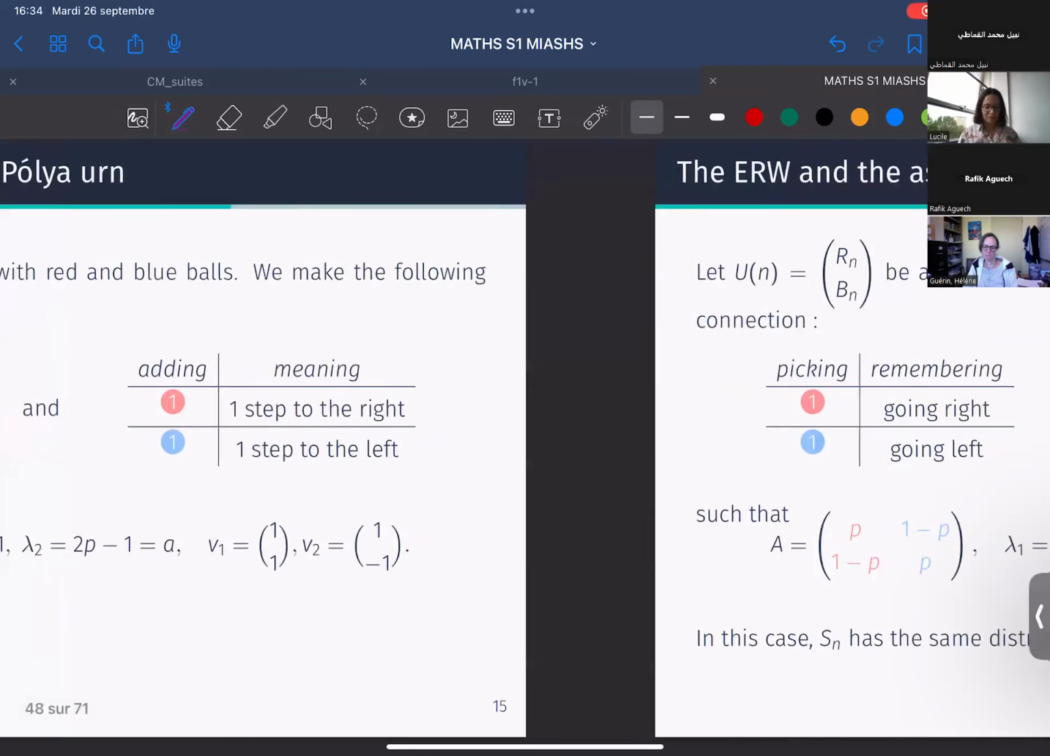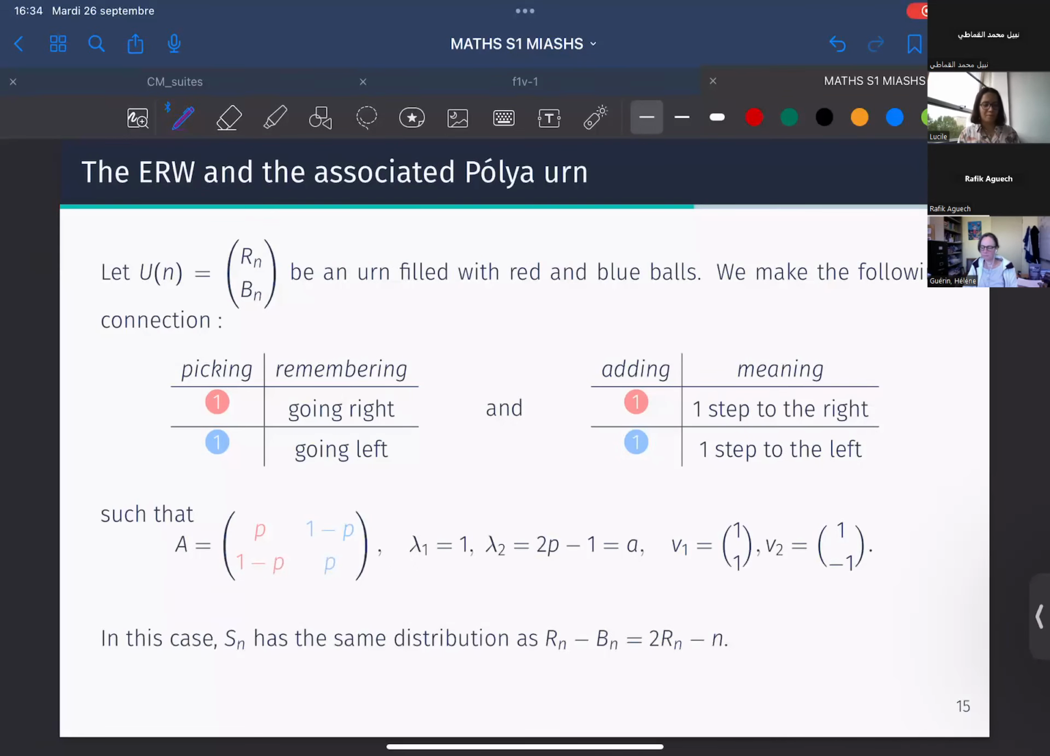And then you find that the position of the elephant random walk at time n has the same law as the number of blue balls minus the number of red balls. Because the position of the elephant random walk is the number of steps to the right minus the number of steps to the left. So that's the number of red balls minus the number of blue balls. And actually,